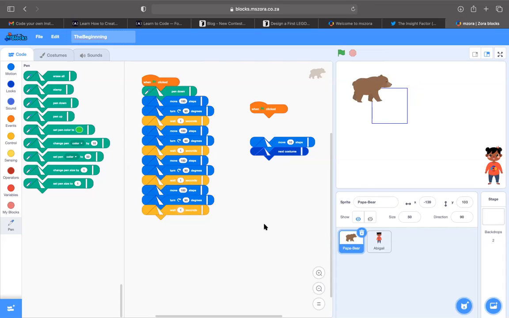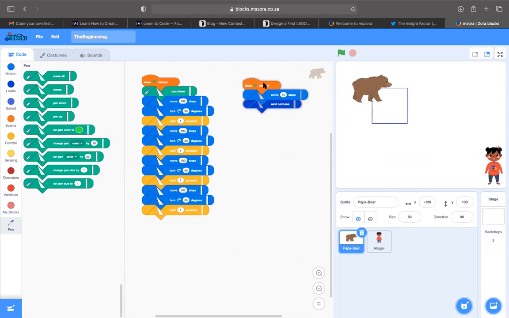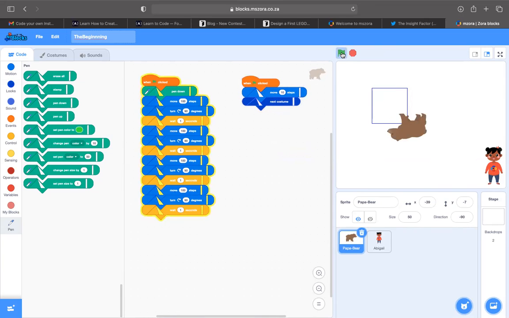So if we were to join, let's say we joined both of these, we have two different codes that are supposed to start at the same time. Let's see what happens then if we start them at the same time.